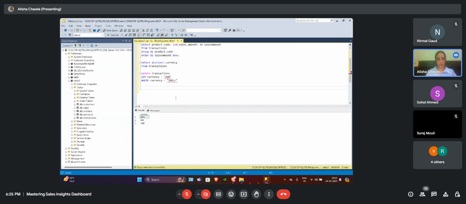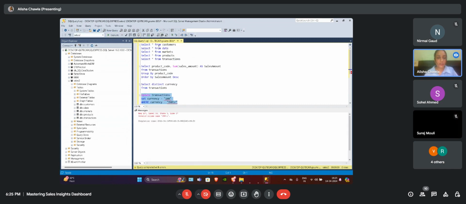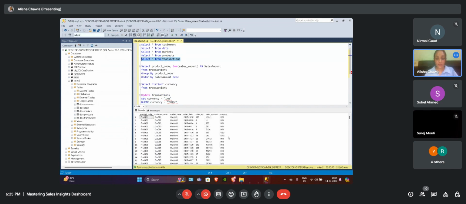I think there is some issue with the server. Transactions and currency. We do have the currency column already, right? Okay, let's move forward.